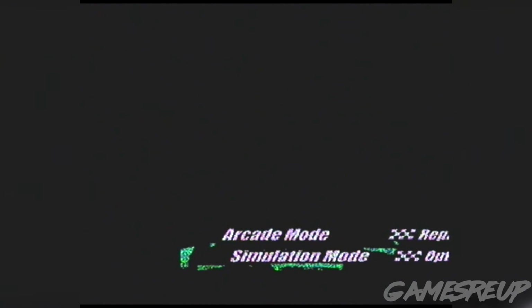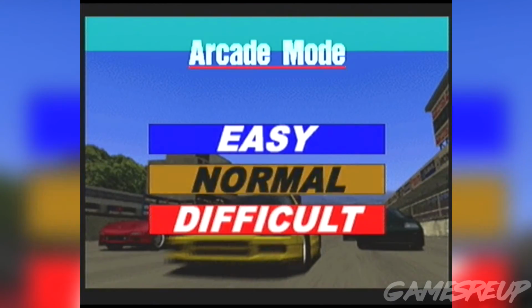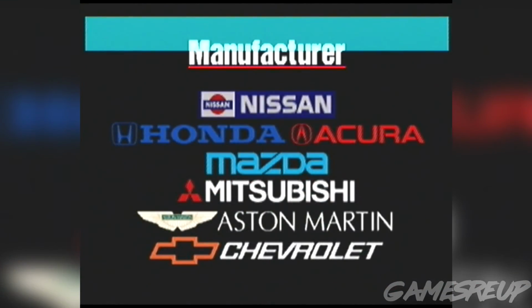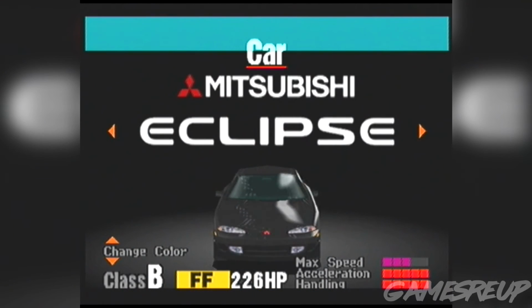And also, as you can see here, this is the start of the game. This is the main menu. And yeah, there's not much to see here. Now we've got arcade mode, we've got simulation mode, single race, time trial, you've got your 2-player, as well as bonus and every other thing there. But what we're going to do is take a quick look at the arcade mode, with a range of vehicles here at your disposal, just so you get an idea of what Gran Turismo actually runs like on the